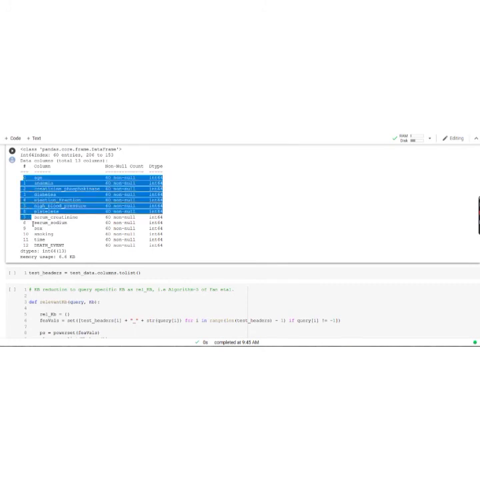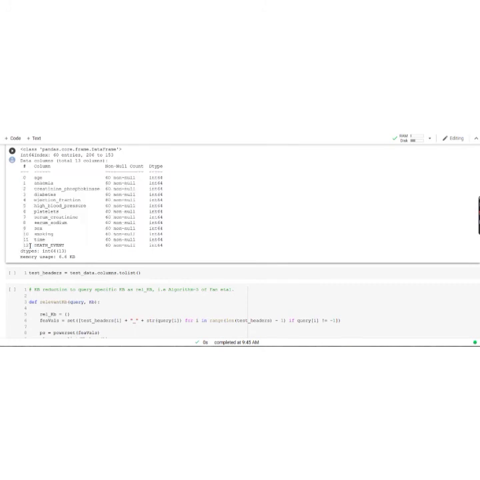In this cell we will be concatenating the X and Y test split, and we can see that we have concatenated all 13 columns with the last column, which was separated before. Similarly, we will split the columns and save them in the test headers for later use. After that,